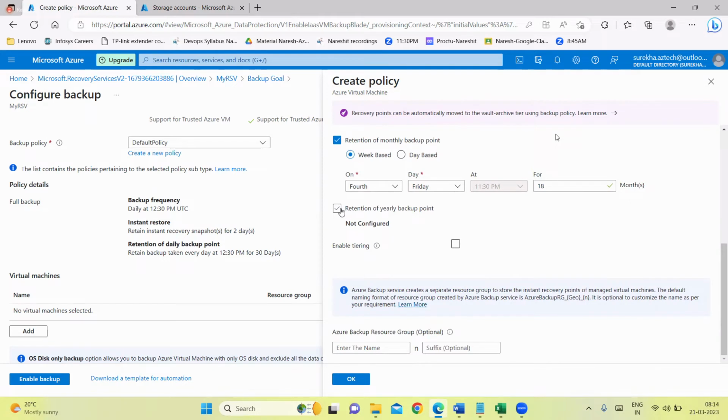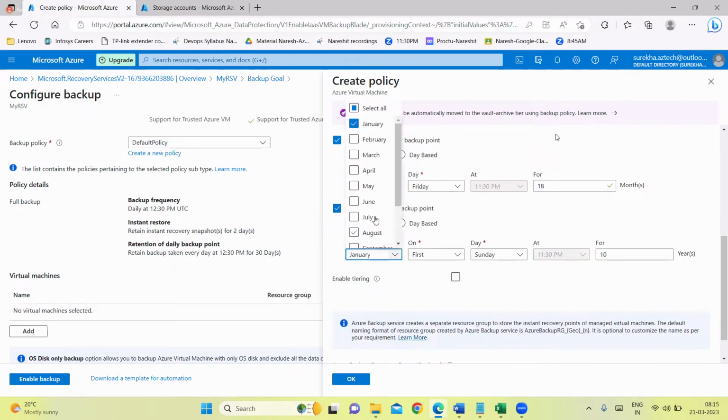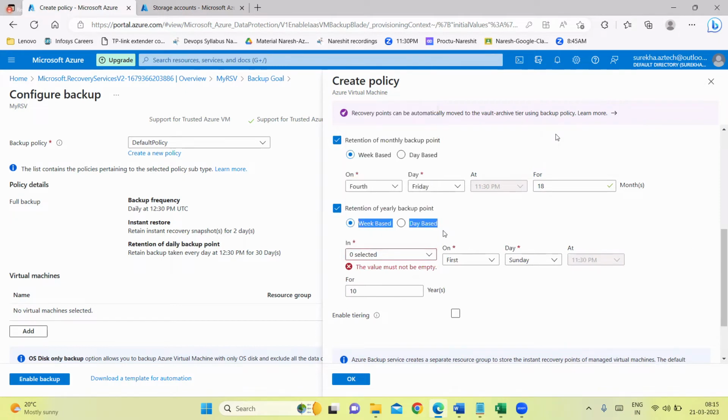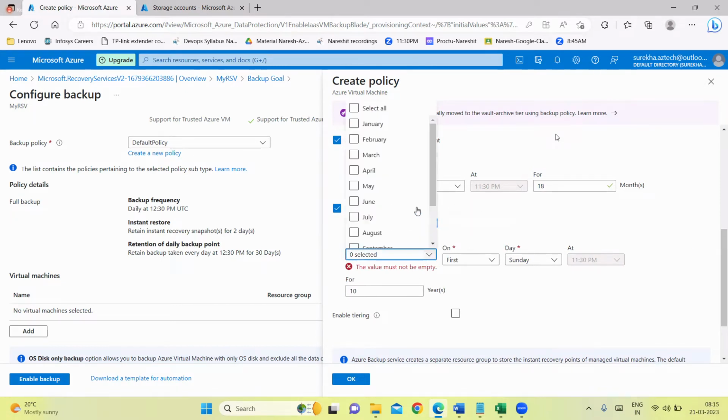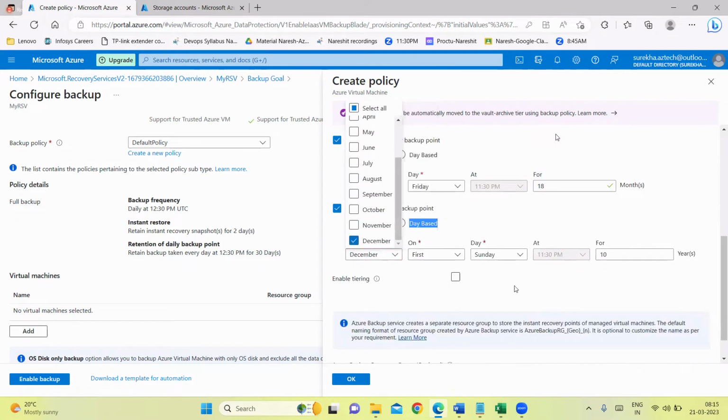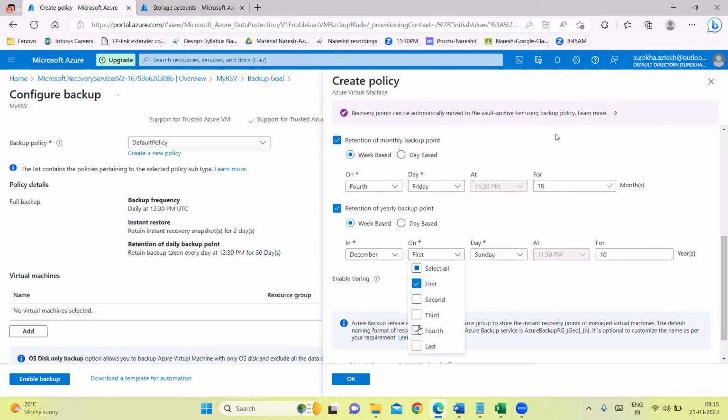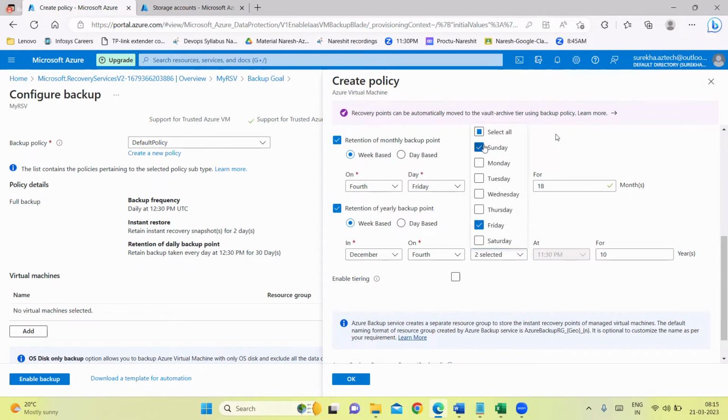Same yearly backup. Check this checkbox. On which month of the year? I'll say here December, month yearly backup. I'll say here last, fourth week of the month. I'll say here last day of the week, and I'll say here I want to keep it for 10 years,